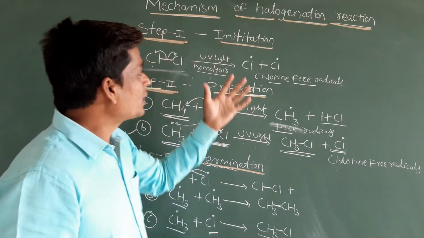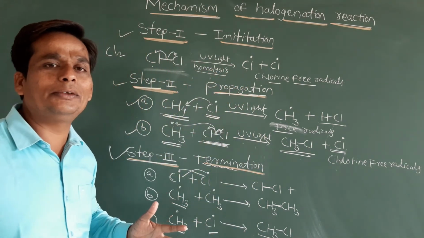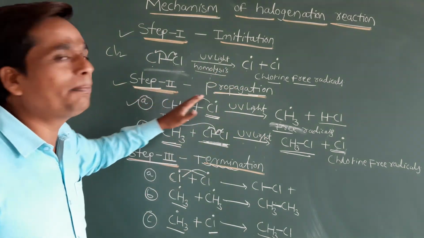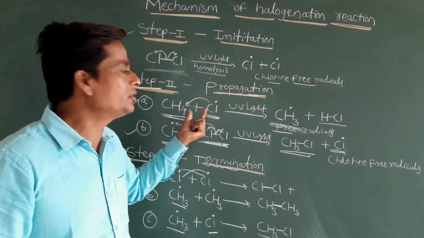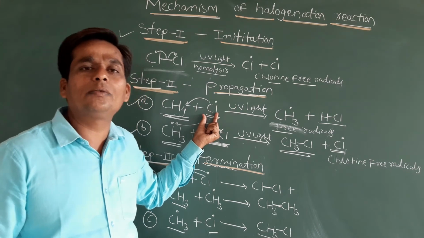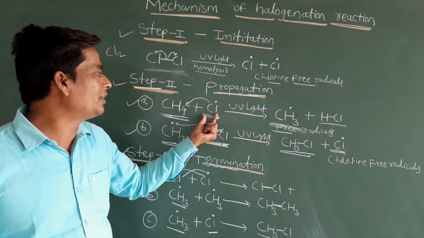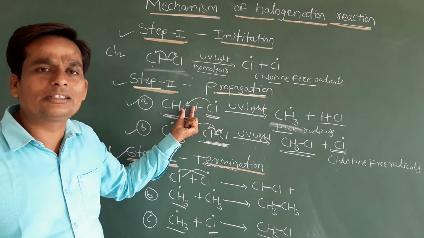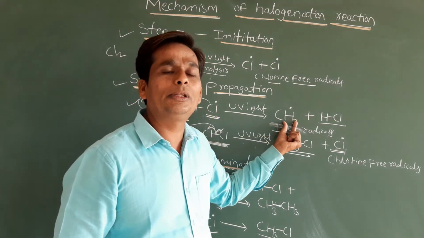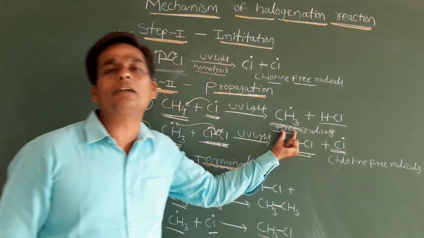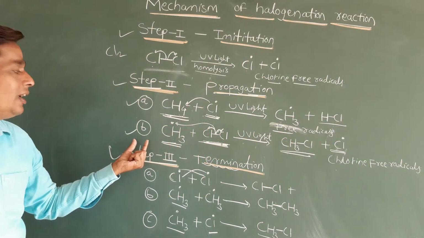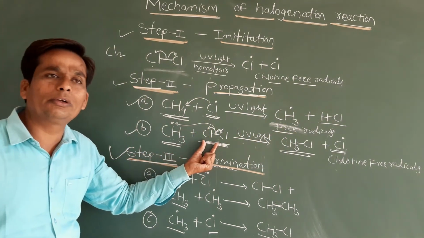These chlorine free radicals are used in the second step, the propagation step. In propagation we take methane molecules, and methane reacts with chlorine free radicals. This chlorine free radical abstracts hydrogen and forms the methyl free radical, and HCl is removed. Whatever methyl free radical we get reacts with another Cl2 molecule